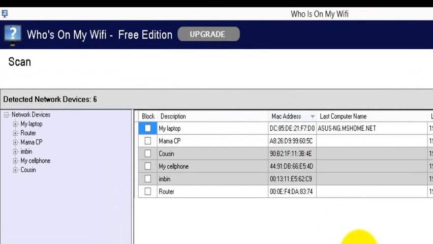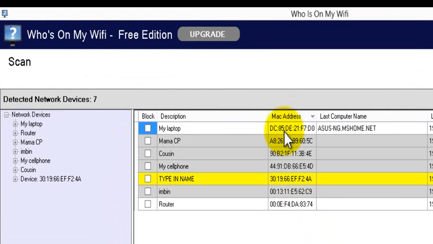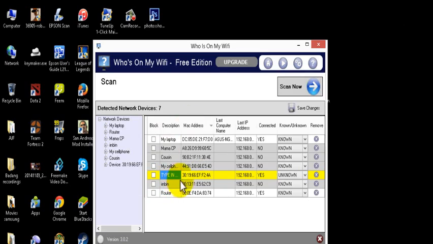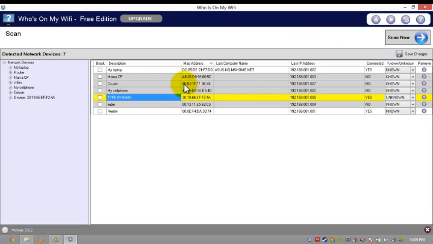There are no other laptops that have the same number as my laptop. And as you can see, there is a new device that is connected to my Wi-Fi.